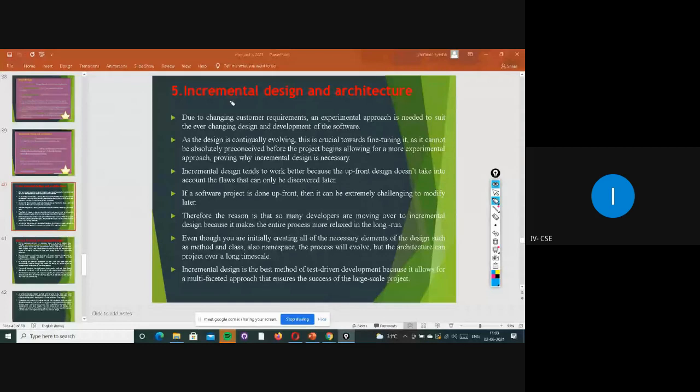So whatever incremental designs are there, they will make the entire process more relaxed in the long term, or long run, right? So whenever we are using this XP agile model, it is providing a long life to that particular project, simply we can say. And whatever the elements and changes, incremental design is nothing but adding the features and doing the changes. What kind of changes can they do?